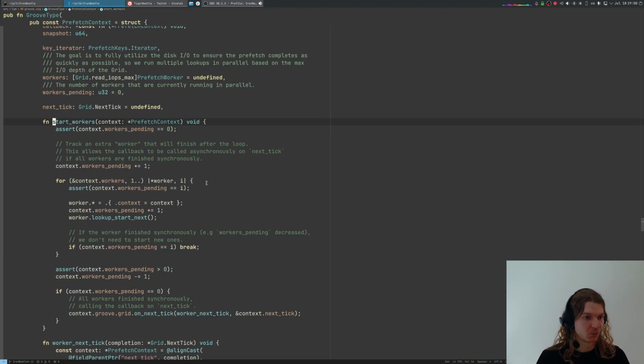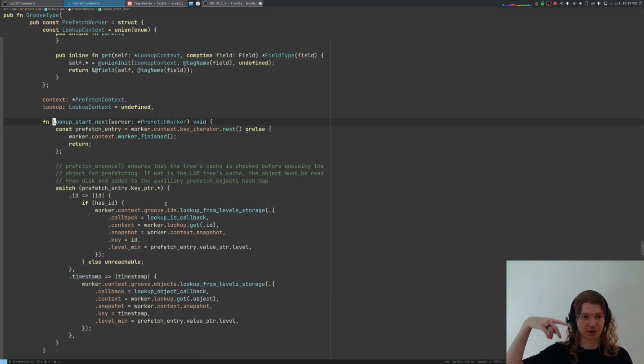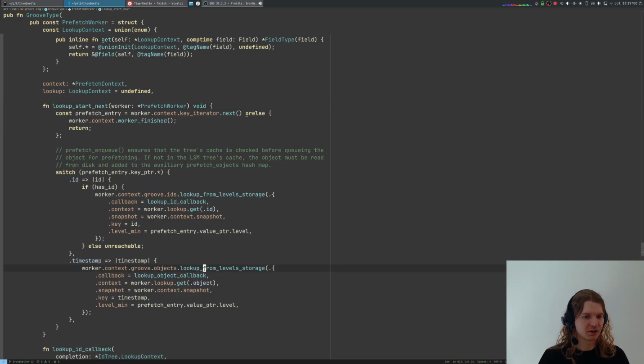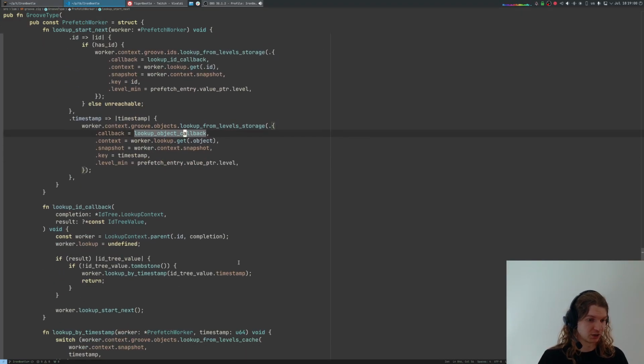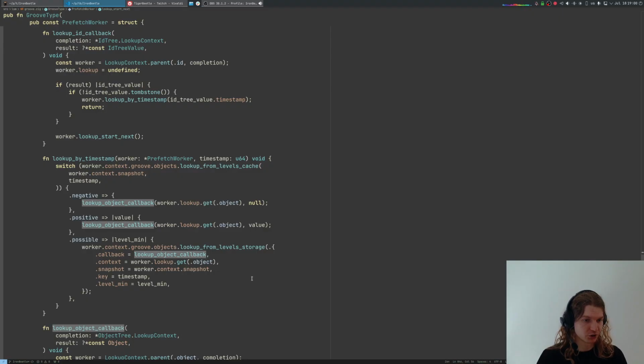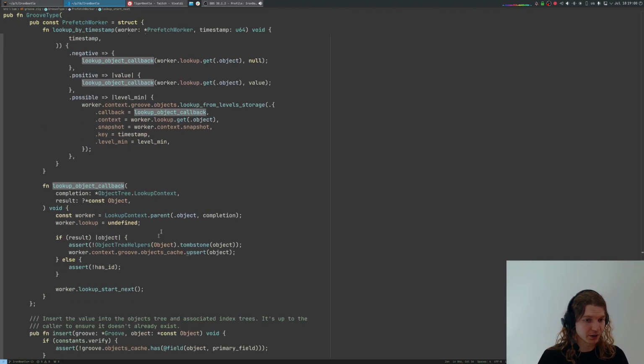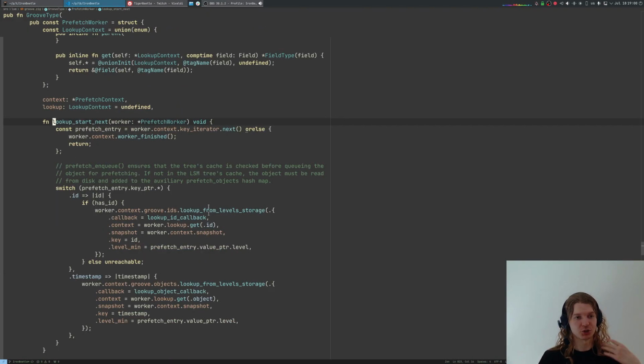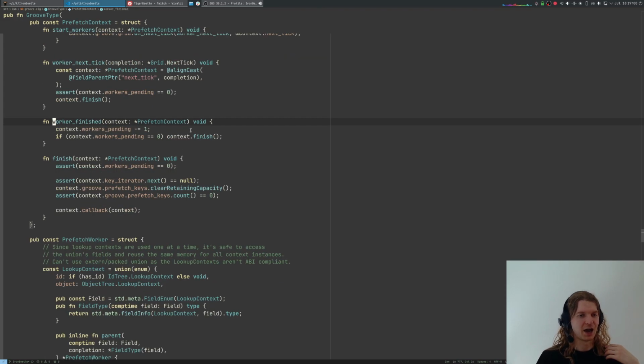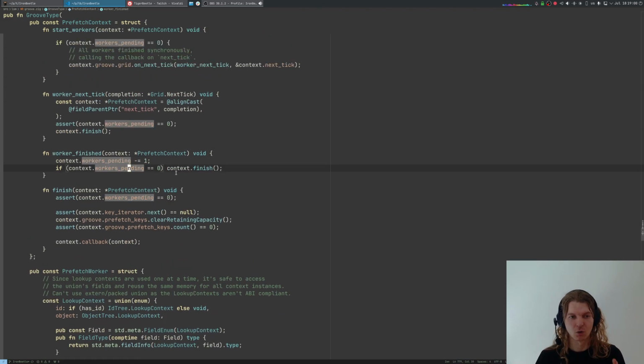Anyway, our core loop is that you have a bunch of workers which process concurrently. Each worker fetches the key and then does the lookup in the storage, which is, let's read a bunch of index tables, which eventually calls a lookup object, which eventually calls this callback, where we add the object in the cache and then proceed to the next object until we are finished,